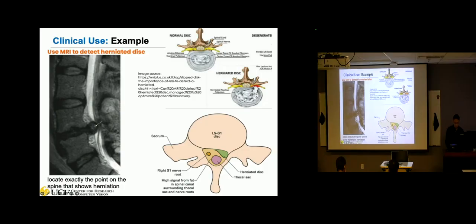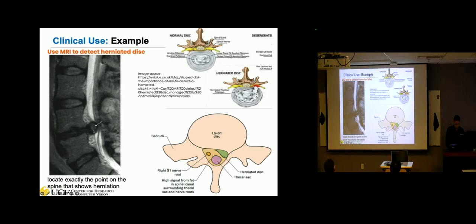You can see that. If you can see my mouse here, this is a herniated disc region. A lot of fluid from the disc, which is like a gel, the medical terminology is called the nucleus pulposus. So that's the terminology for that, basically some type of fluid. So you can use MRI to easily detect this kind of herniated disc.